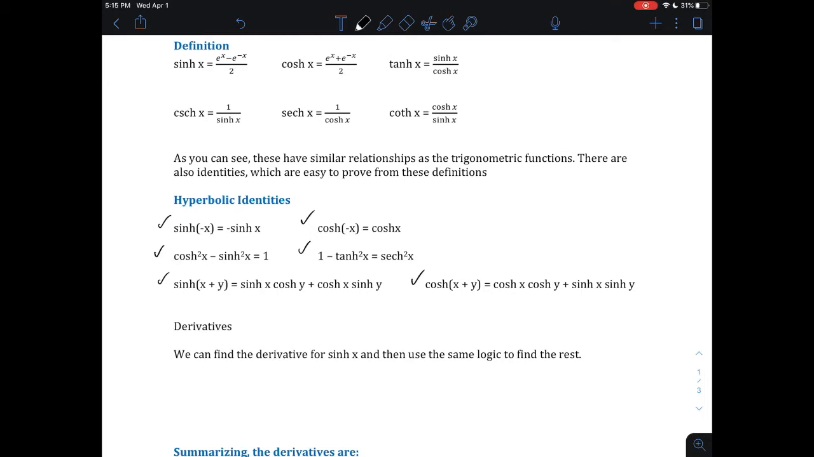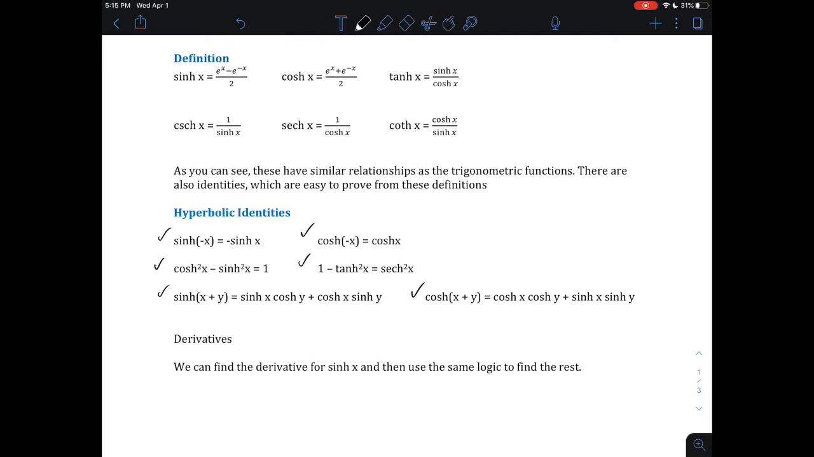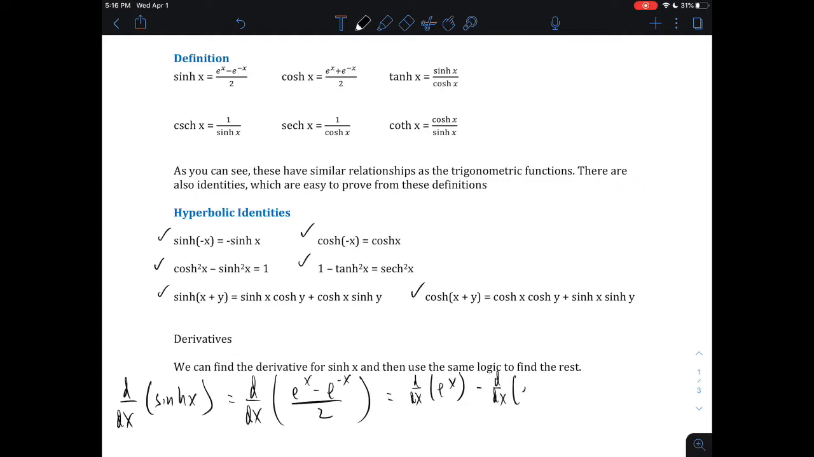So for the derivatives, we can actually do one for hyperbolic sine of x, just to see how this works. If I want to find the derivative with respect to x of hyperbolic sine of x, that's really just the same thing as the derivative with respect to x of e to the x minus e to the negative x, divided by 2. We don't need to use a quotient rule or anything because the division by 2 is just a constant. So this just turns into the derivative with respect to x of e to the x minus the derivative with respect to x of e to the negative x,